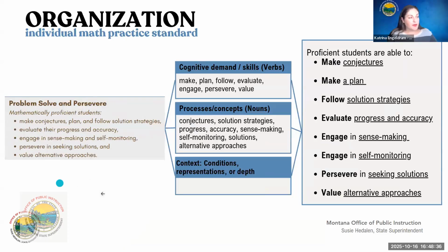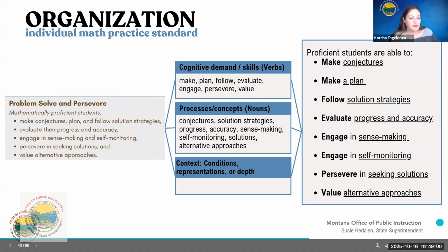And I'm skipping through my little questions I had at the bottom for the sake of time, but essentially through this process, you start to notice there's linkages. So we have make conjectures, make a plan, follow solution strategies, evaluate progress. You might even break this up to evaluate accuracy as well, depending how you interpret this at your school. But